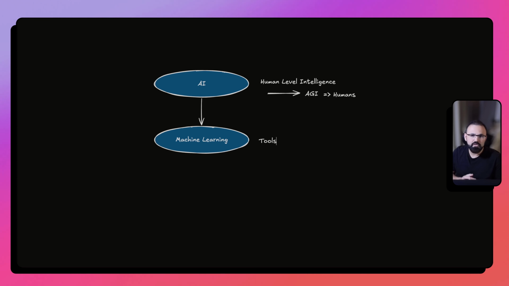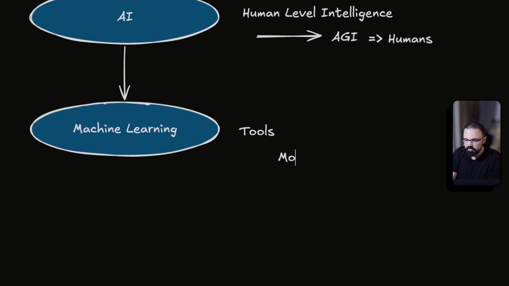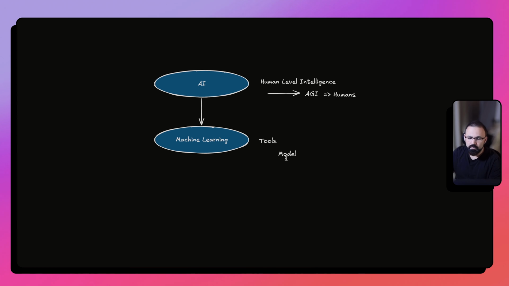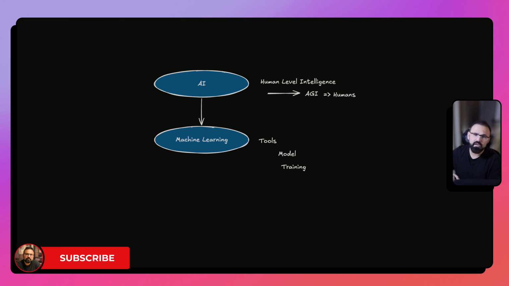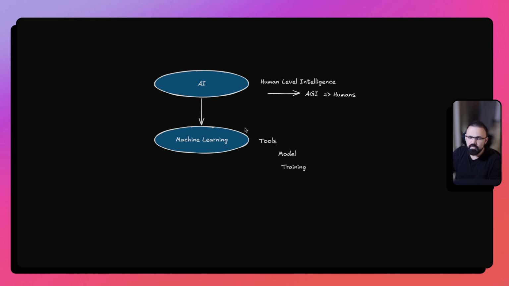So what are these tools? These tools could be in the form of models, right? We create a model which caters to a specific use case, and then we provide these models the training data. That's another important piece of this whole puzzle. Machine learning comes with training data, and you need to have validation data. There's a whole field when it comes to machine learning, but on a high level, machine learning provides you the tooling to create a model which you can train based on the data that you have. Once you train it for a specific use case, you will then be able to achieve the artificial intelligence that you're looking for.